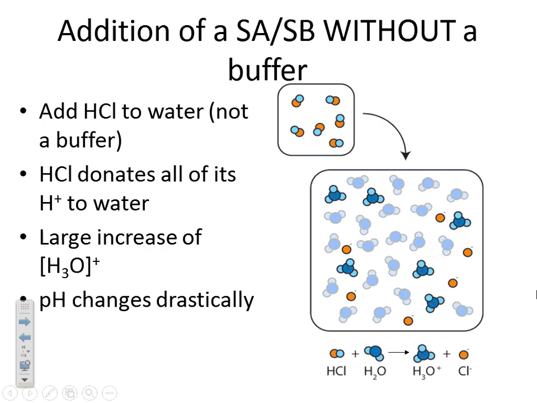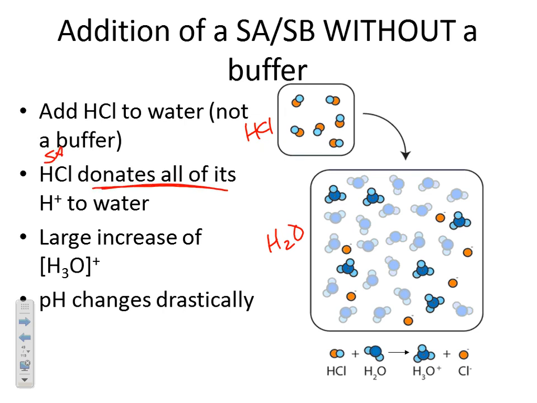So, showing you with some beautiful particle diagrams, which I found online, and I'm totally in love with these. Addition of a strong acid or strong base without a buffer. So let's just consider water, which is not a very good buffering system at all. Let's add HCl to water. So this is our HCl, and we're putting it in the H2O, and the HCl, because it's a strong acid,